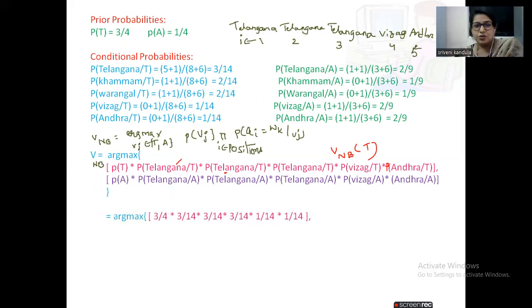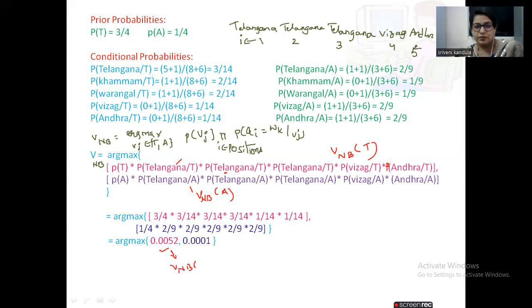Now let us substitute the values, and after simplifying, these are the values that we got. We already worked out the Argmax: whichever value is maximum, only that we will consider. Out of these two, this is the maximum value. V_NB of T we calculated and V_NB of A also we have computed, and we got the maximum value for V_NB of A. So what will be the classification? Finally, the target value is labeled as